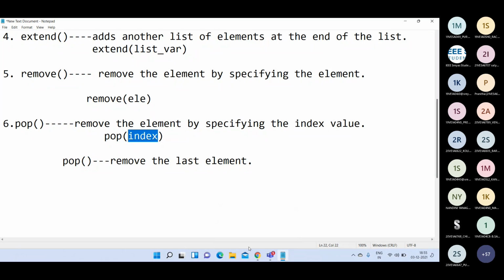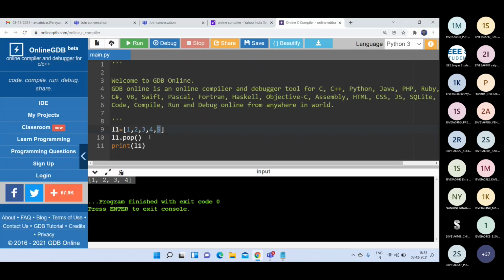Other than the remove and pop methods, you can write like this also. DEL is one of the operations. That is not a method, that is an operation. If you want to delete 3 from the above list, then 3 is at location 2. So we can write DEL space L1 of 2.